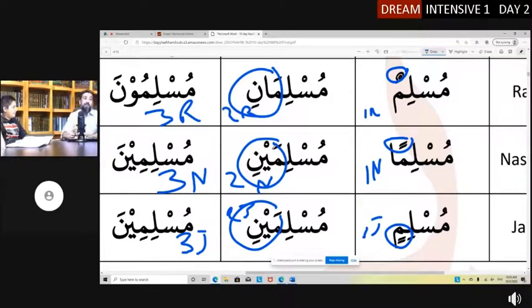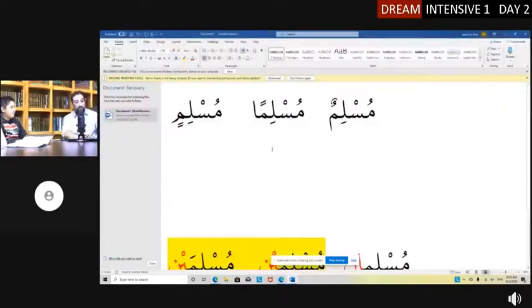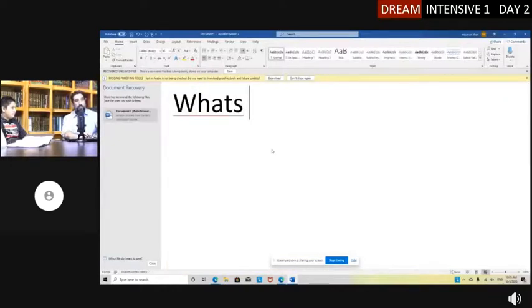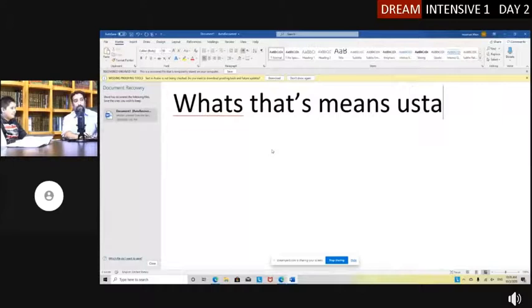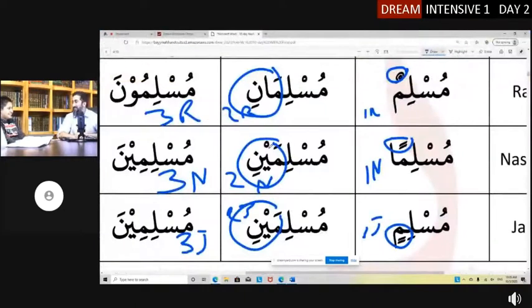But Ustad, what about if Muslimani and Muslimani is the same? How am I going to know? It's so confusing. That's the voice of all of you. That's how, when you are confused about something, you ask me. That's what it sounds like to me. What does that mean? This is so confusing.